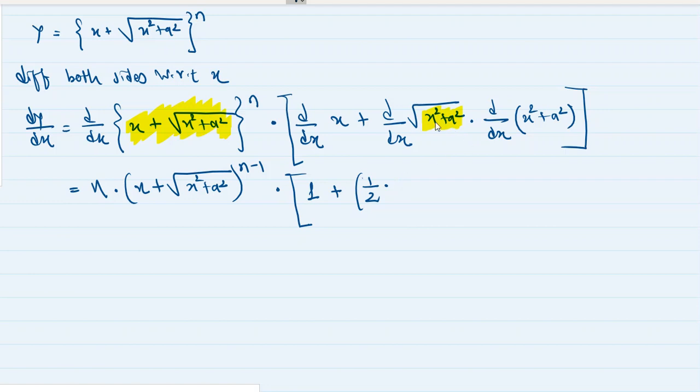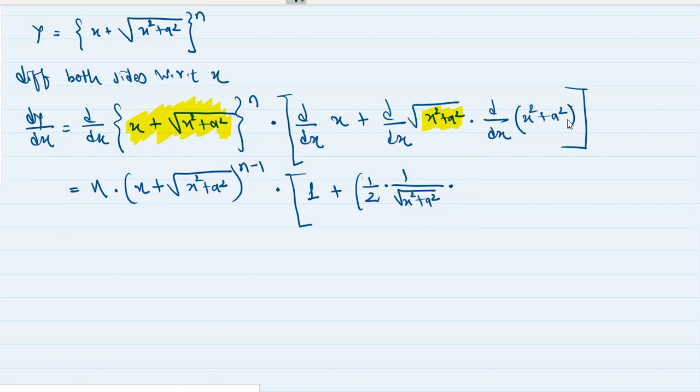अच्छा 1/2 आ गया. अभी यहाँ पे जो एक्स स्क्वायर प्लस ए स्क्वायर रेज टू 1/2 था, वो 1/2 में से 1 माइनस हो जाएगा. 1/2 में से 1 माइनस हो जाएगा तो इट विल बी माइनस 1/2. सो इट इज नथिंग बट 1 अपॉन अंडर रूट ऑफ एक्स स्क्वायर प्लस ए स्क्वायर. ठीक है,